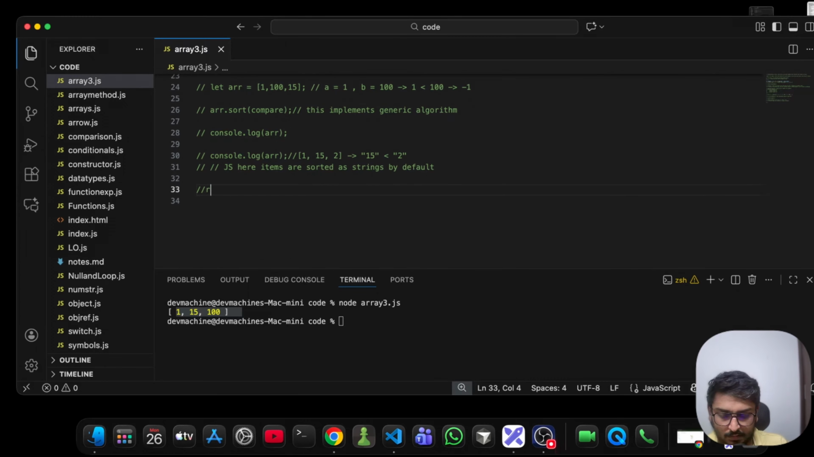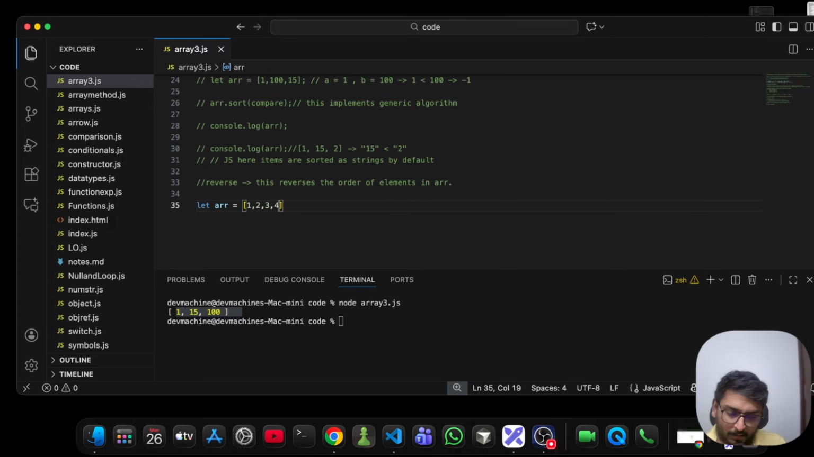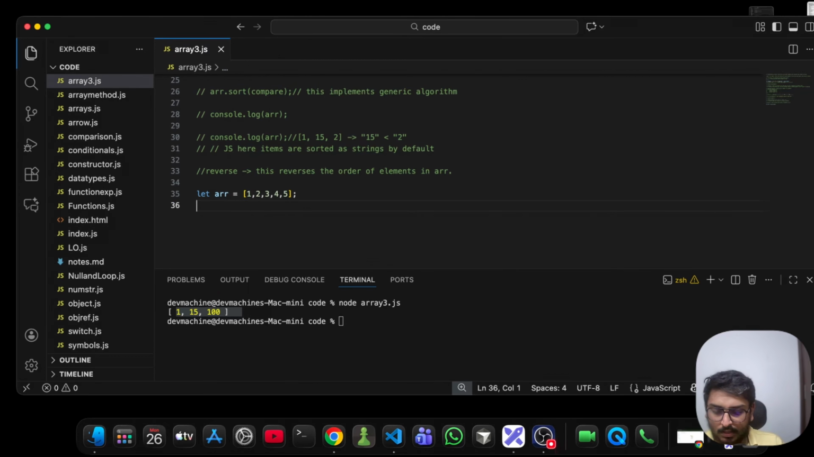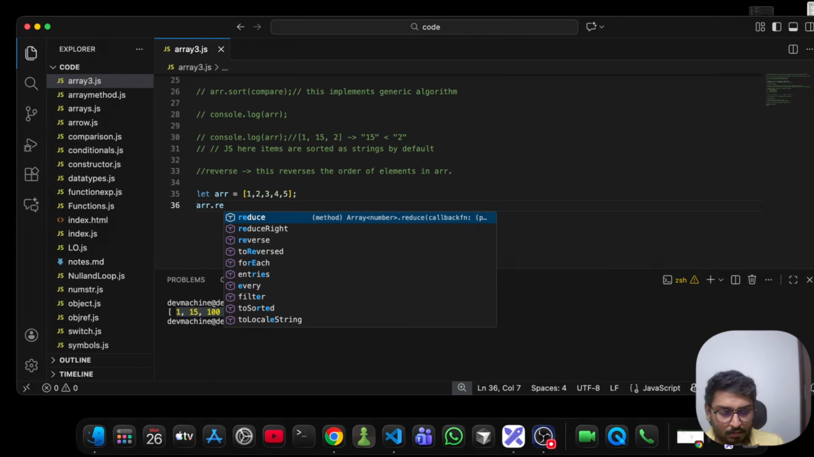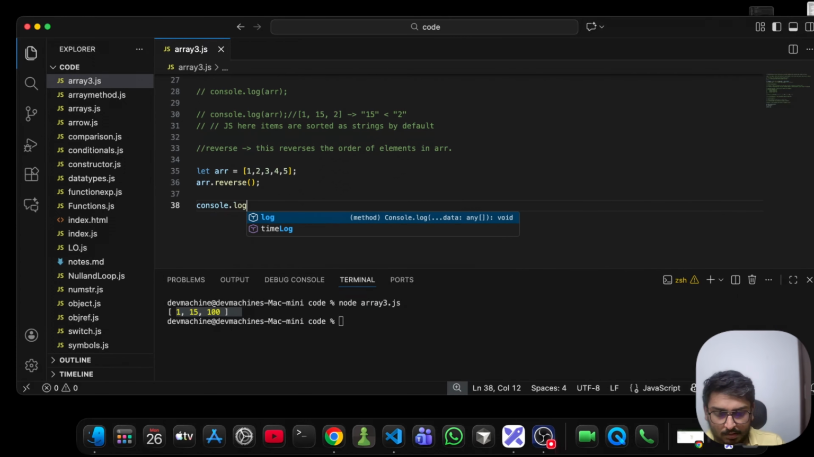So we'll have this thing known as reverse. We have a method known as reverse, where this reverses the order of elements in an array. For example, if we say let arr is equal to some array 1, 2, 3, 4, 5, and if you say arr dot reverse and you mention reverse like this, and you say console dot log arr,